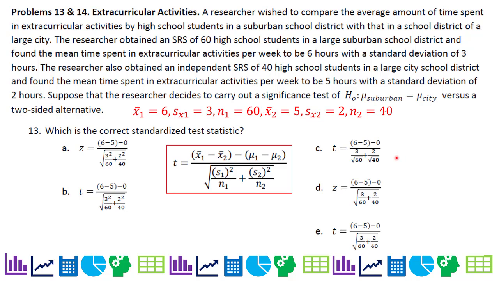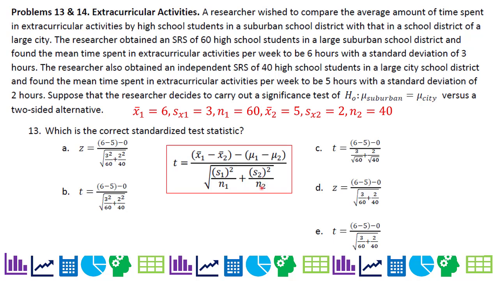Then I'm going to pull up this formula. This is actually from your StatsMedic, the 2-page with tables and everything that I gave to you. This is also on your math chart, but it tends to say statistic minus parameter divided by standard error for the statistic. All right. So in this case, our statistic is the difference in these two. So we'd go 6 minus 5. And remember, we're hypothesizing both of these are the same, so that'll be 0. And then we put the 3 squared over 60